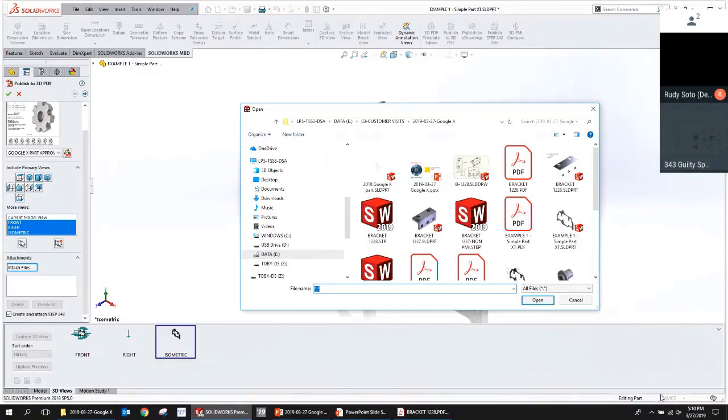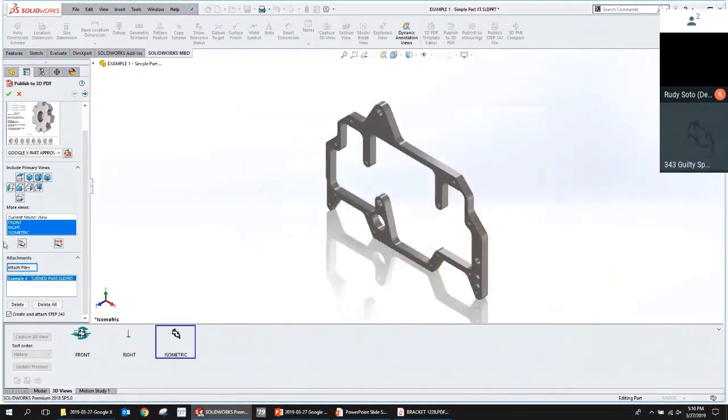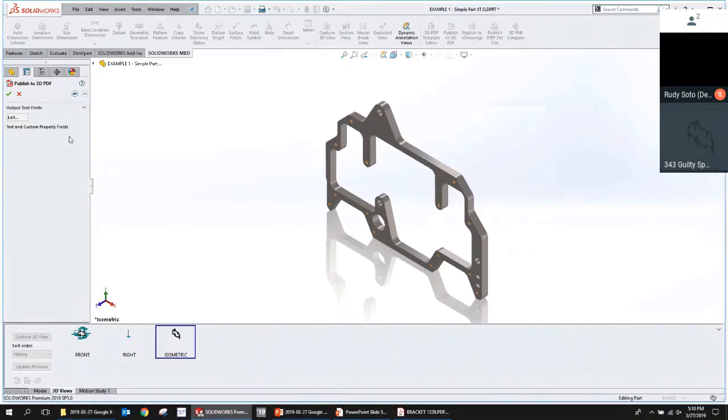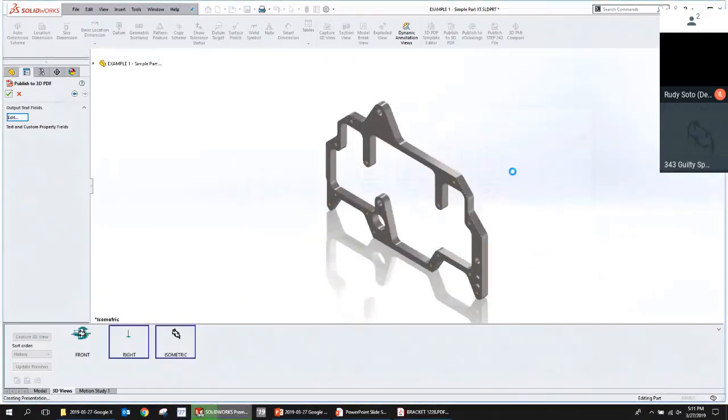Yeah. So I'll add this turned part as an embedded part in this one, and then we'll check it into the vault and we'll look at it together. Yep, that's a great question. Okay, so now we're gonna hit the green check mark. And we're gonna give this file a name. And we have this view as PDF after.